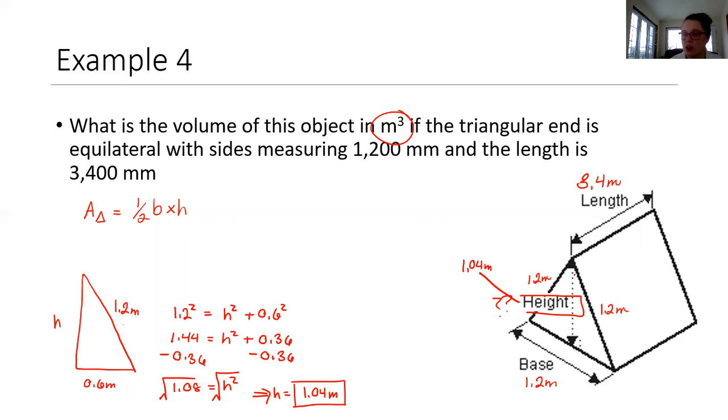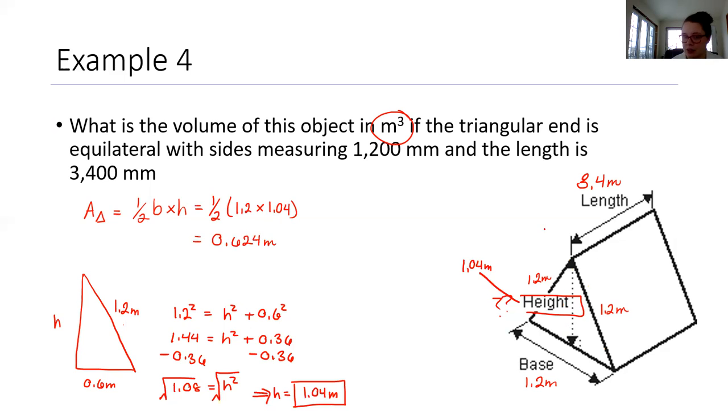I do not need to calculate just the little side of the triangle. If I use the whole base times this height, that will do the triangle for us. You could think of it as two triangles like this, but it's actually a little easier the other way. So this is equal to half of 1.2 as our base times a height of 1.04 leaves us with an area of